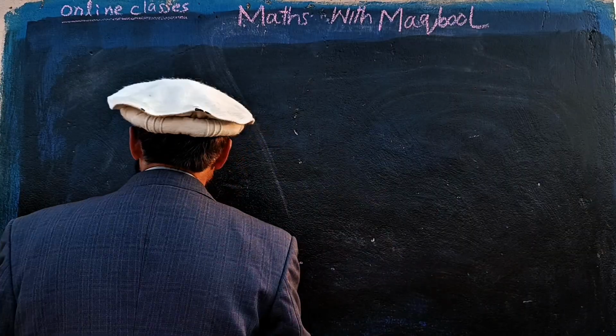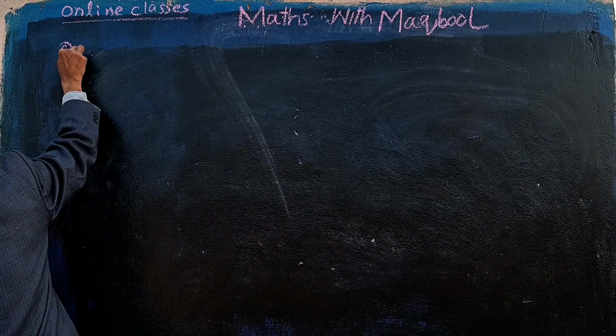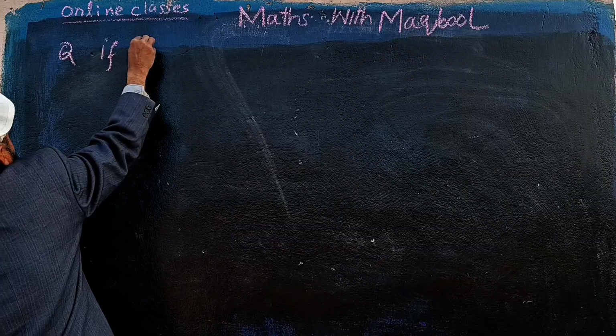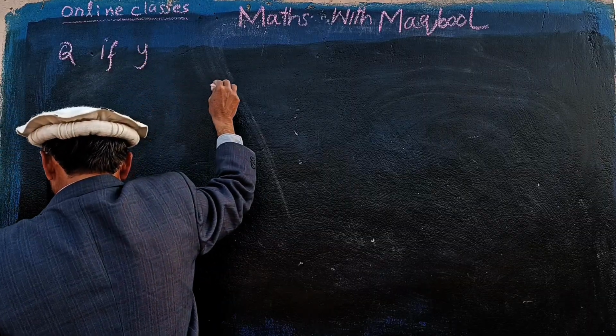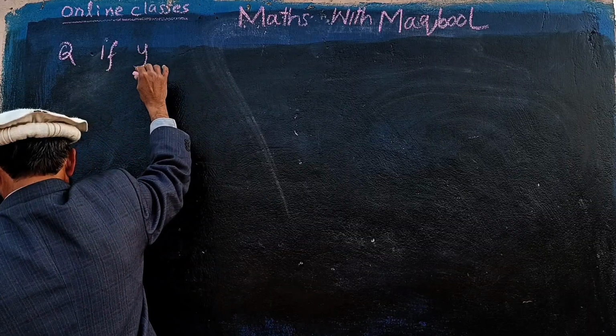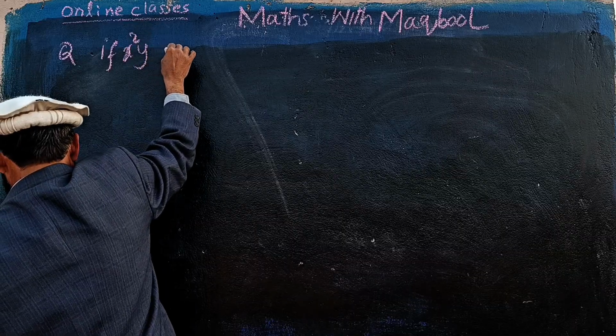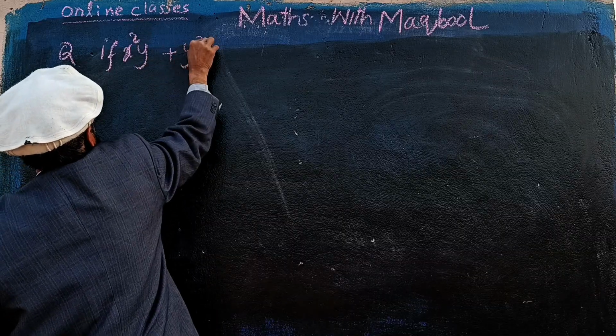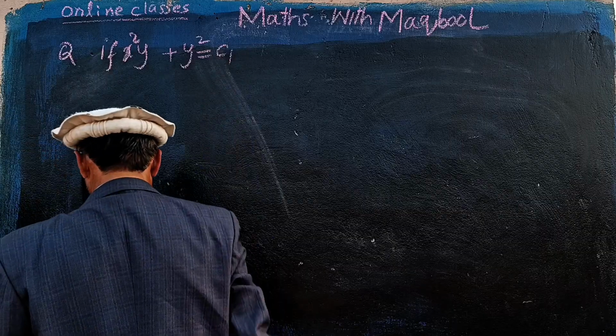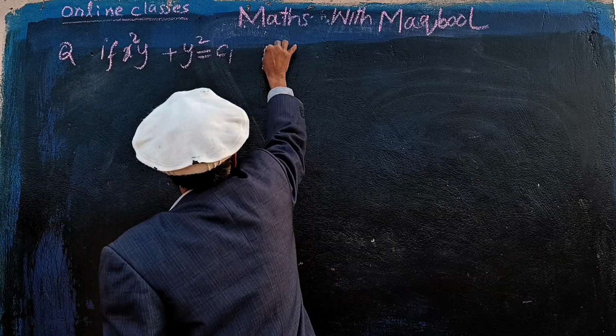Today we are going to proceed to the next question for the differential calculus question. Let's start. The question is: if x square y plus y square is equal to c1, prove that